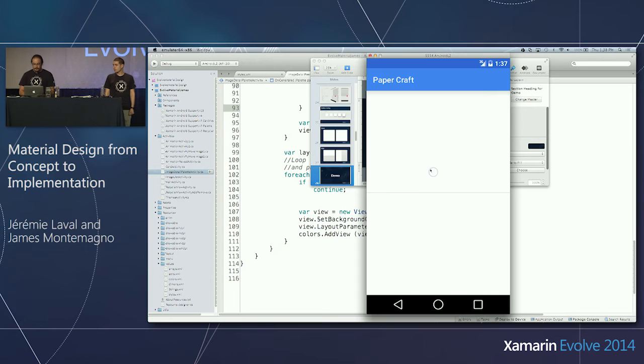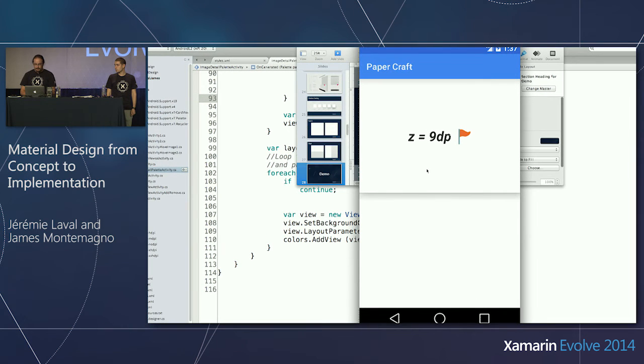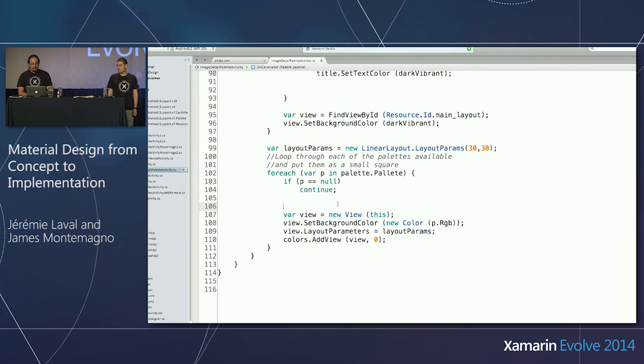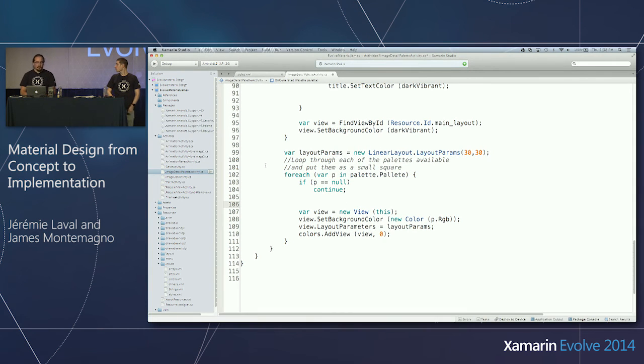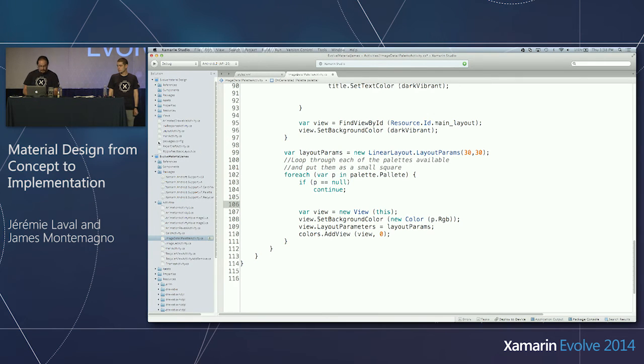And so if I go back here, I can show you again the effect, going back, growing, etc. So this is very simple to implement. They have added a couple of new properties and a couple of new XML attributes to do this. So if I jump into my solution here, in Papercraft